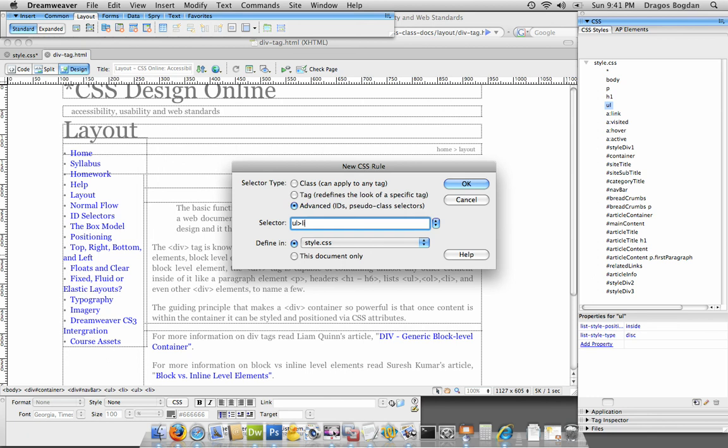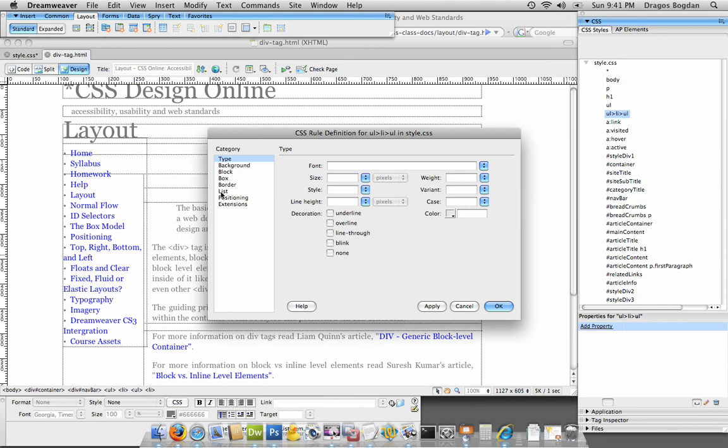So now I'm targeting the list item inside of the UL, but because list items are always inside of it, this is kind of redundant at this point. It doesn't mean anything. But here's where it gets interesting. I add one more greater than sign and UL, and now what I'm targeting is an unordered list inside of an unordered list. So when I hit OK,